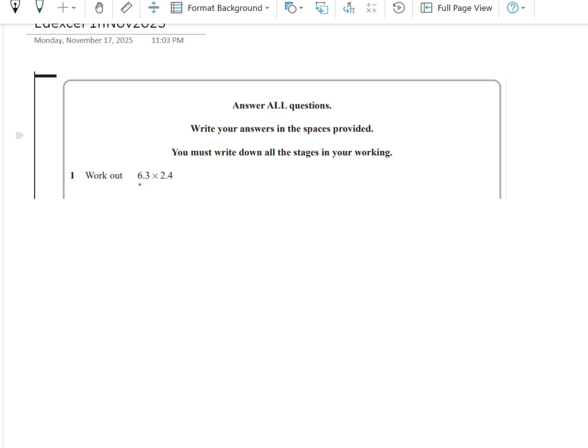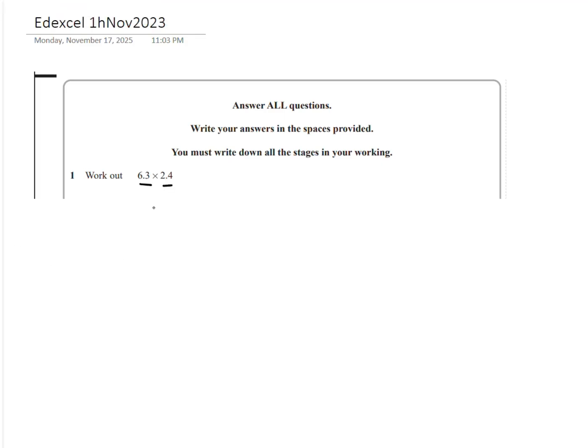The first question says 6.3 times 2.4. Now it's decimal multiplication. To simply do this, we can forget the decimal point first and just solve this question normally, like a simple two-digit multiplication, where